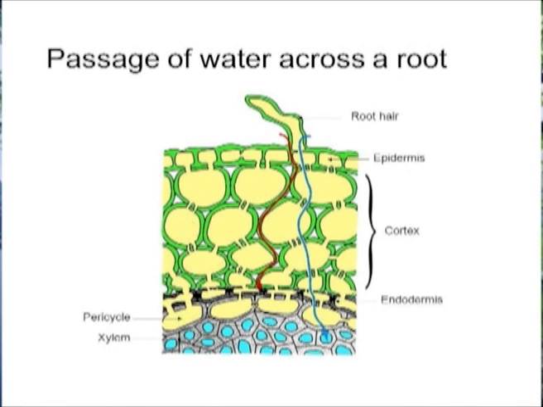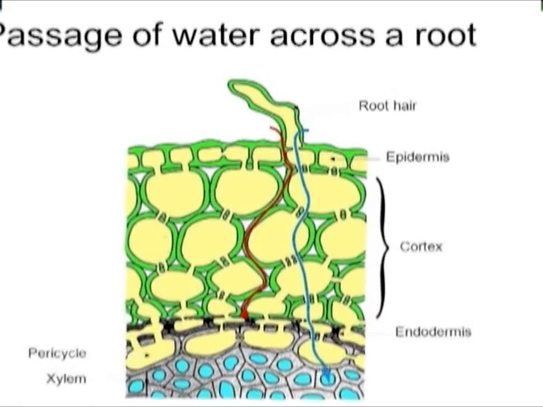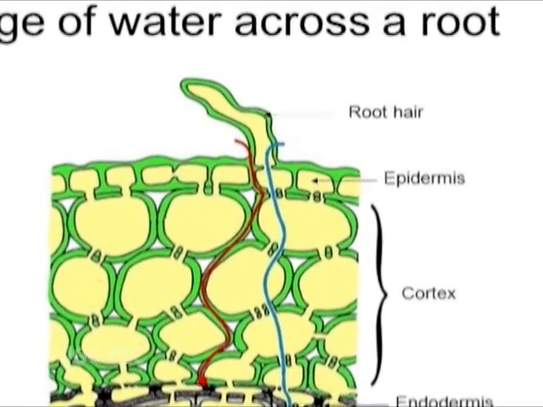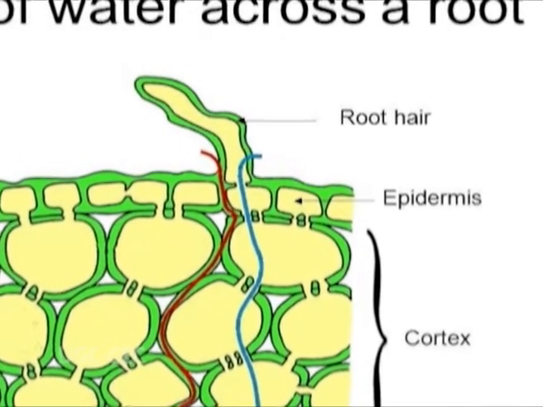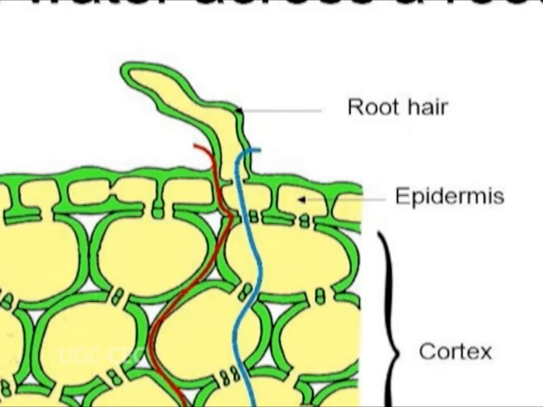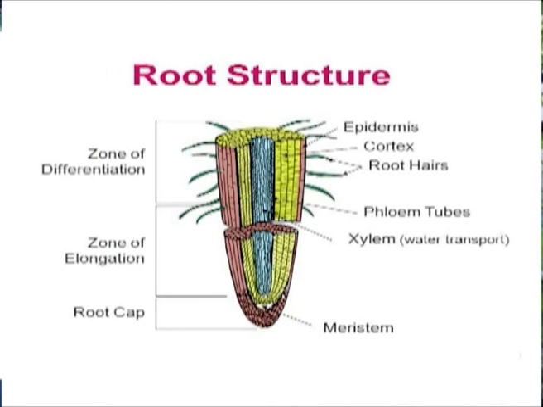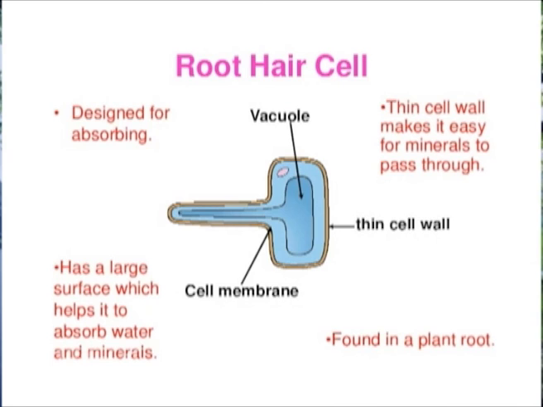The cells are uncutinized as the function of root epidermis is absorption of water with dissolved mineral salts and not protection. The root epidermis does not contain stomata. Some of the epidermal cells produce long unicellular elongations called root hair. The root hairs are absent near the apical meristem region and get withered out in the older root parts. They are thin and delicate, and their cell wall is commonly made of cellulose permitting ready diffusion of water and dissolved minerals.